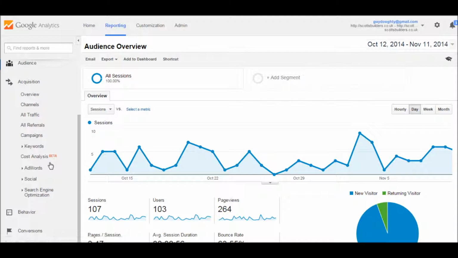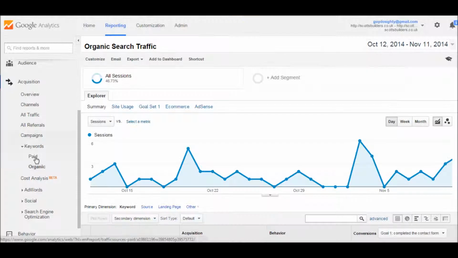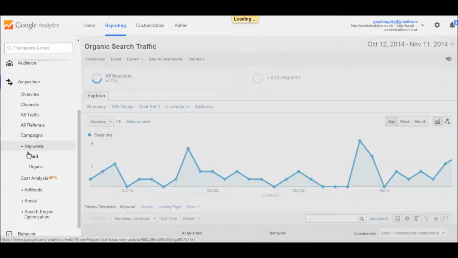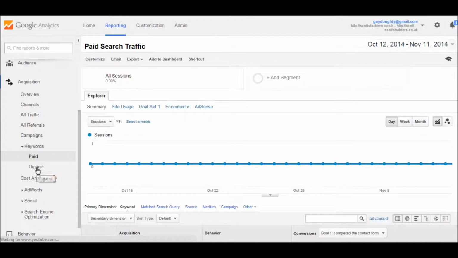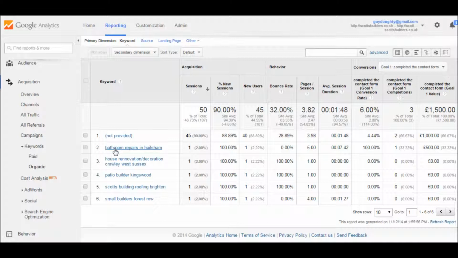So we're going to go down here. First of all, I'm going to quickly talk about this one. It's become obsolete really. Organic means the free search results. This is quite good for paid search results though, I'd imagine. So if we go to organic, what we can see down here is the different keywords that our users have put into Google to find our site. How many hits we had off of it, and